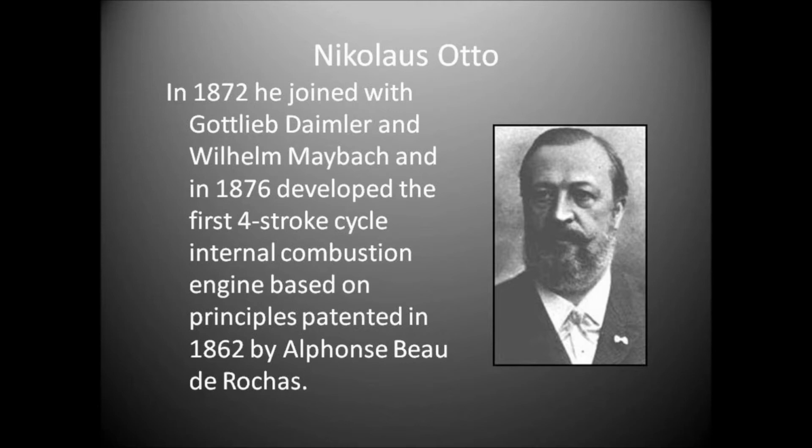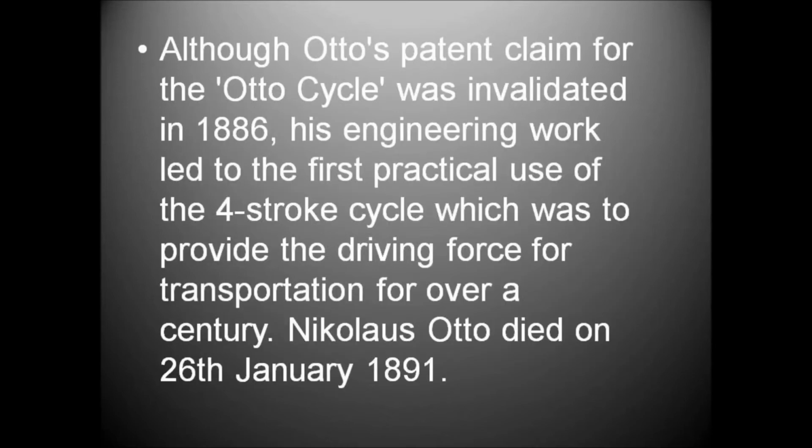1876 developed the first four-stroke cycle internal combustion engine, based on principles patented in 1862 by Alphonse Beau de Rochas. Although Otto's patent claimed the Otto cycle, it was invalidated in 1886. His engineering work led to the first practical use of the four-stroke cycle, which was to provide the driving